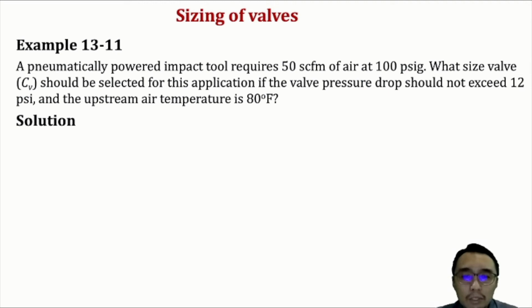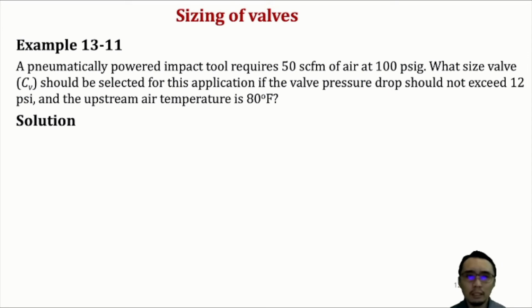As in equation 13.10, if you recall in the last video, we learned how to calculate the flow capacity constant, the CV. So the CV is a direct indication of the size of a valve. Selecting a valve from a manufacturer's catalog with a CV value equal to or greater than that calculated from that equation will provide an adequately sized valve. In this example, we'll use that equation to calculate the valve requirement given the upstream pressure of air